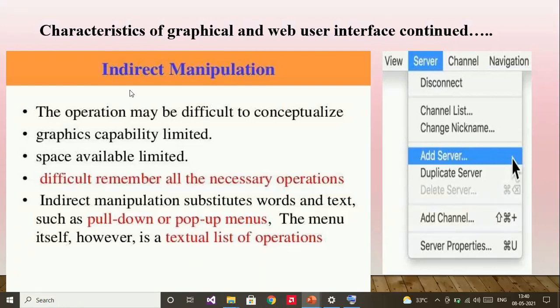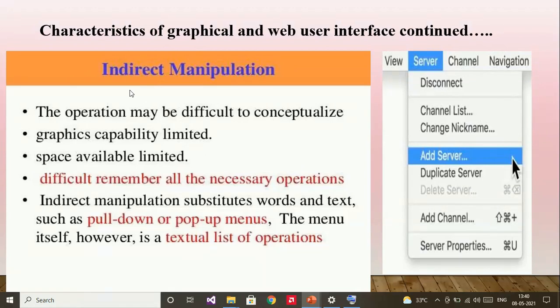The next point is the graphics capability of the system may be limited. So you cannot show every icon on the system. There may be certain system limitations. So that's why the graphics capability of the system may be limited. This is another reason why we go for indirect manipulation.